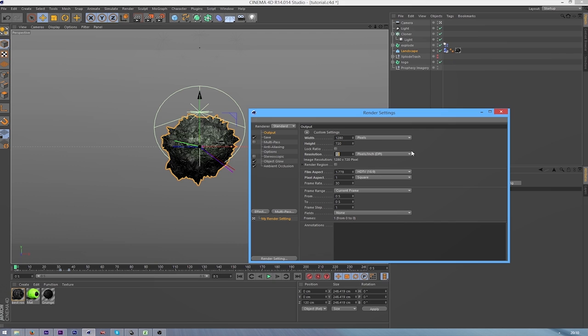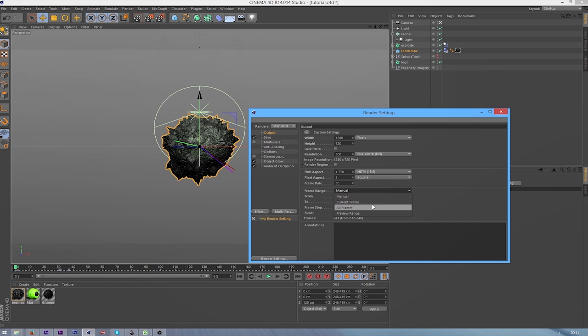That is 720 resolution. I do that on all my intros, because 1080 I used to render in that, but that would really increase the render times even more, so I don't think it's worth it. Resolution, I'm going to put that at 300 dpi pixels per inch, and then on the frame rate I'm going to do 30 frames per second, and for the frame range, set it to manual and set it to 8